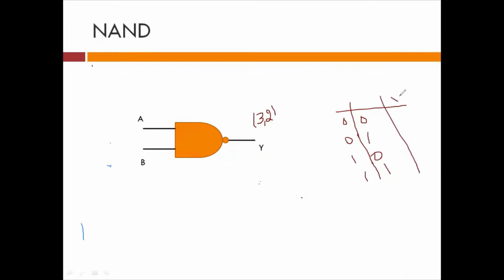So this is my output, this is my input. अगर मुझे इस केस में भी 1 आएगी, इस केस में भी 1 आएगी, इस केस में भी 1 आएगी, राइट, और इस केस में आउटपुट 0 आएगी।